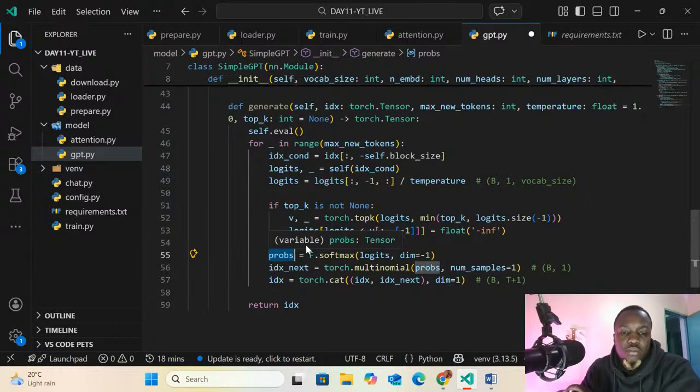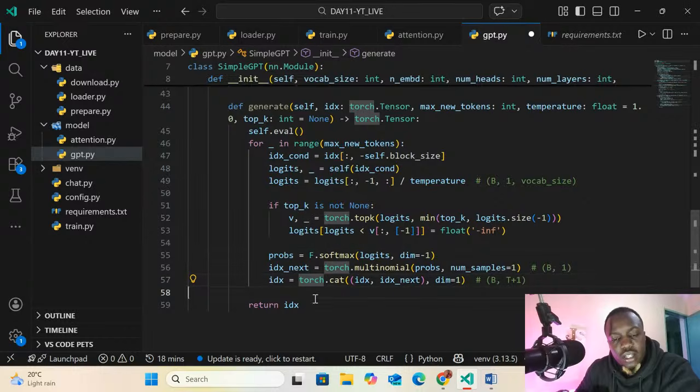You can pass the probs here. You can just write any variable. These are just variable names. I don't know what they mean here. What is with prob? Just a variable. So softmax, logits, dim -1.